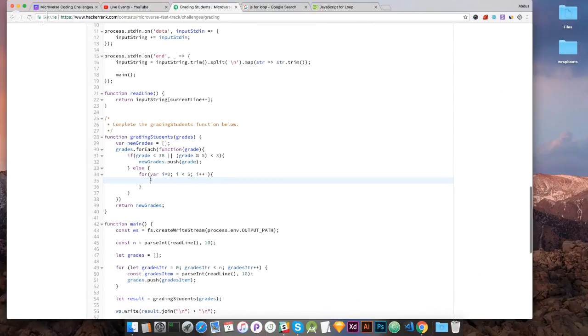Okay, so right now I am creating a loop to know how many times the inputted value is a multiple of 5. So, variable, okay, so I'll